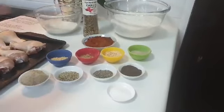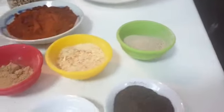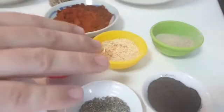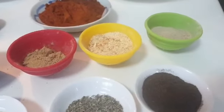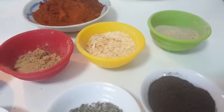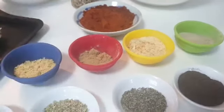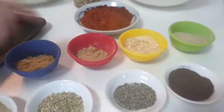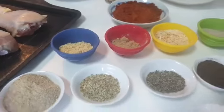The next one is 2 tablespoons of white ground pepper, 2 tablespoons of garlic powder. Alternatively, if you do not have garlic powder on hand, you can take garlic flakes and crush them up. The next one, which is this over here, is 1 tablespoon of ground ginger. The next is 1 tablespoon of ground mustard. I got 2